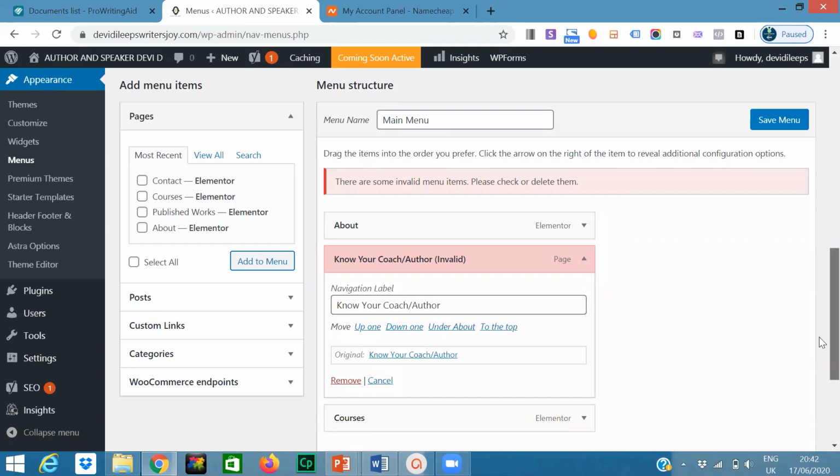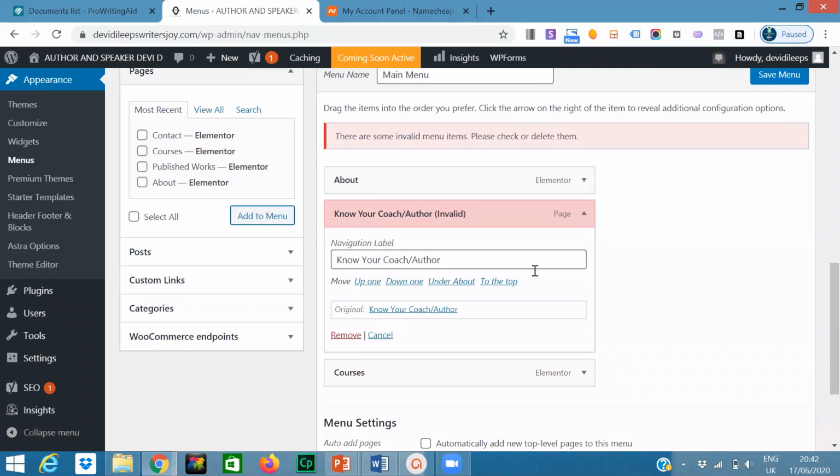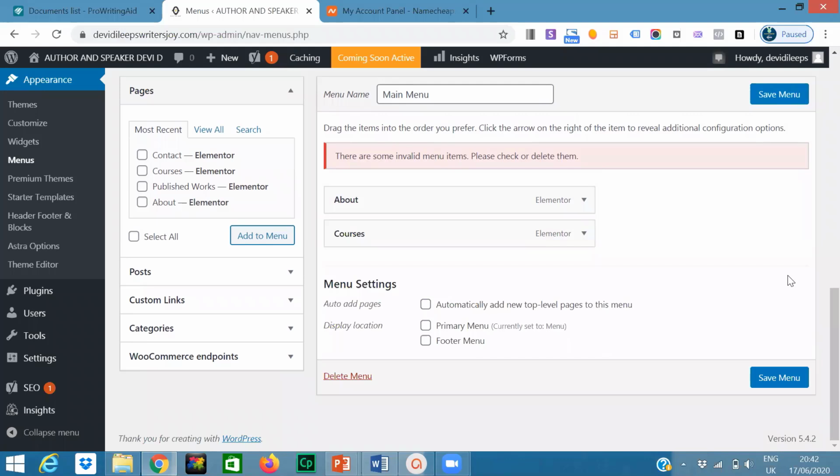No, you should remove. Once you remove the page, again you need to remove it here. Okay, okay. Yeah, click on remove. So now only about and courses. Though you would have installed all the pages from the theme, those pages will be in the pages on the left hand menu. When you click on pages, you'll get to see all the pages. But what pages should be seen on the site one by one is something which we need to do in the menu. So the menu will be under the appearance section.